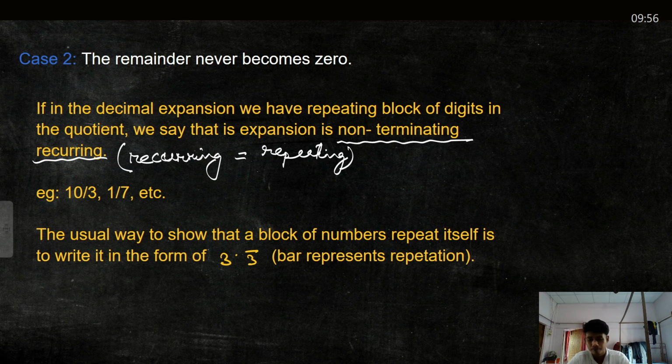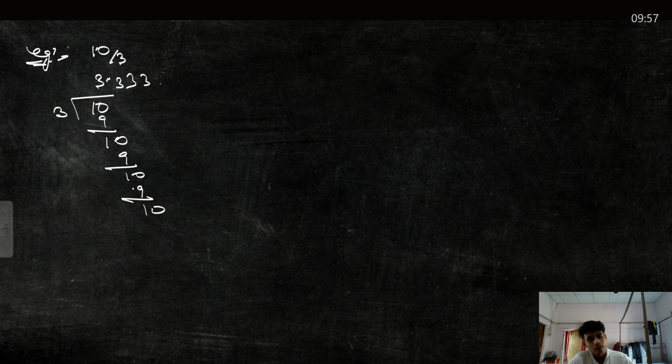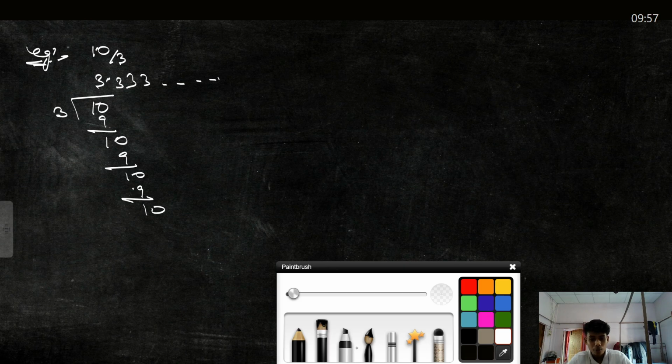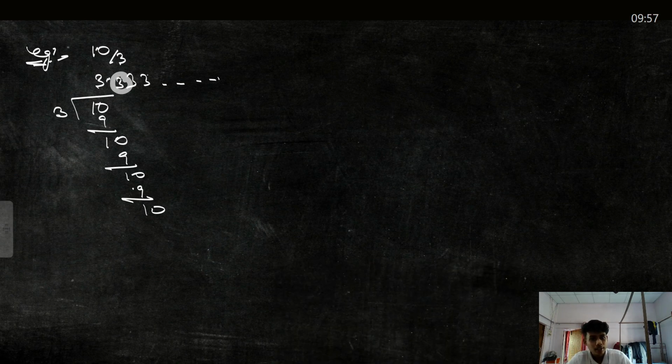Example: 10 by 3. That means 3 divides 10. 3 times 3 is 9. Then comes 1. We give a point. We give a 0. Now 3 times 3 is again 9. Again the same thing is repeating. We get again 1. Now this will continue. Since we get a repeating digit in the quotient, that is, 3 gets repeated each and every time,